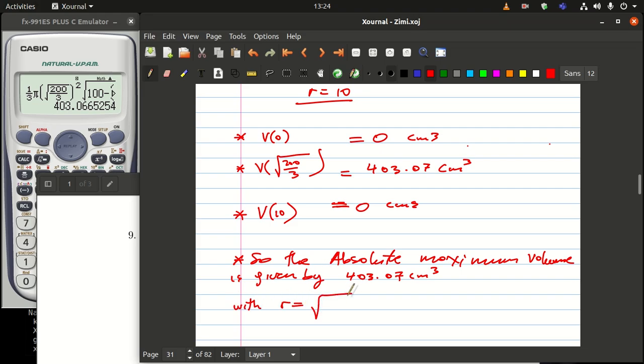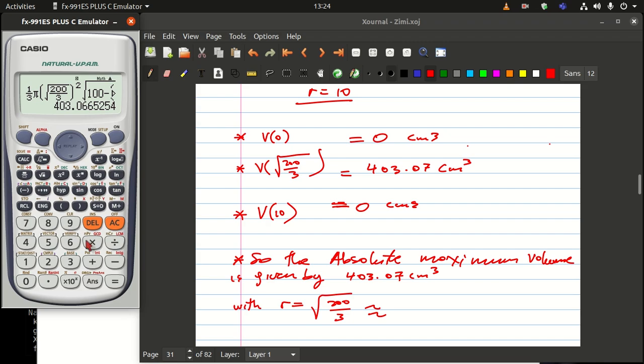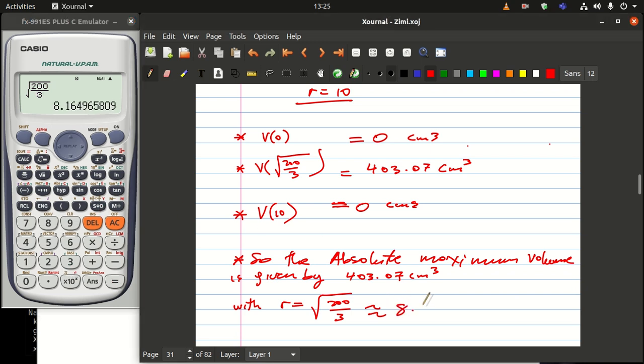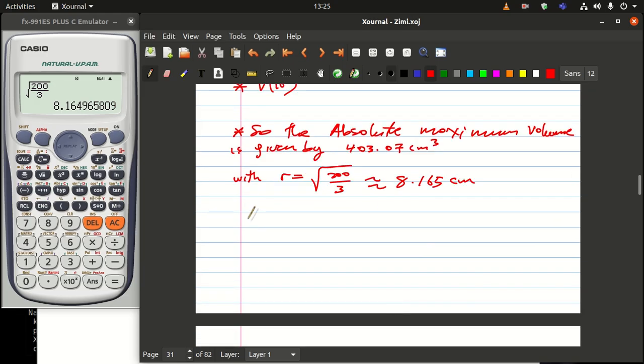The value of r is just the square root of 200 over 3, which is approximately equal to, so we have the square root of 200, not 1000, divided by 3. This one is approximately 8.16, I can even say 8.165 centimeters. And then the height,